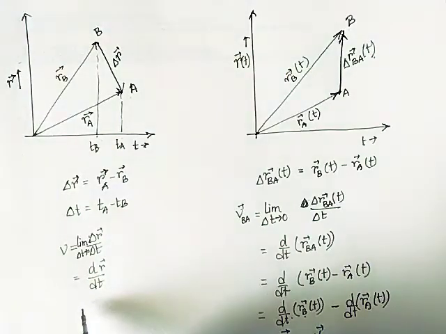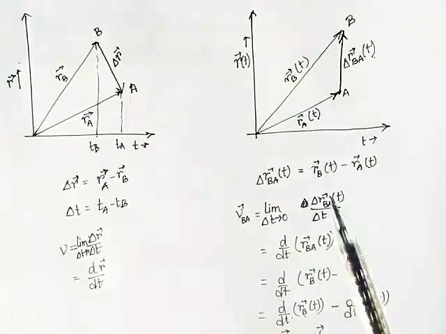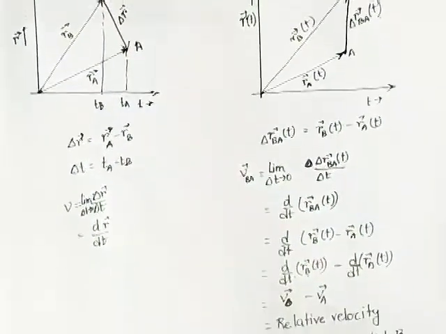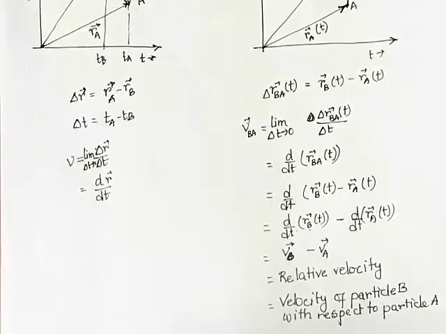Here I am tracking one particle, so it is the absolute velocity of that particle, but here I am tracking two particles, and this is the relative velocity. This is relative velocity, the velocity of one particle with respect to that of another particle. And one thing here we should understand, that Vb is the absolute velocity of the particle B, and Va is the absolute velocity of particle A. The difference between these two gives the velocity of the particle B with respect to that of the particle A.